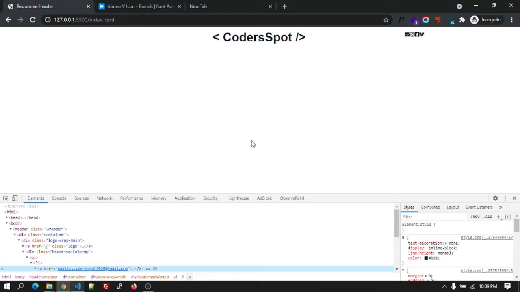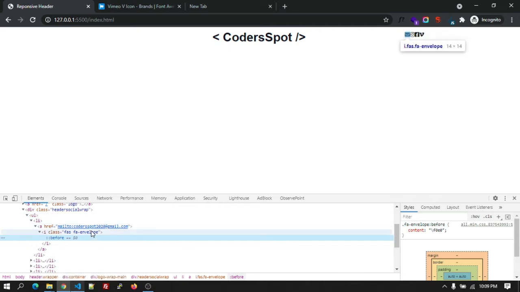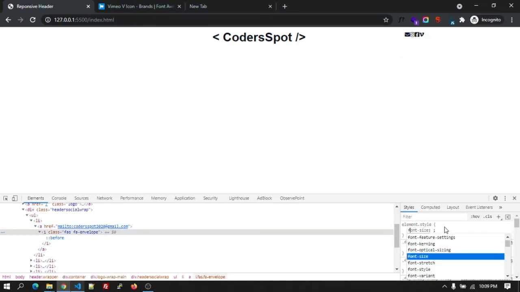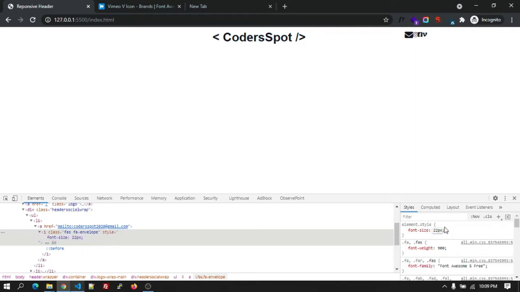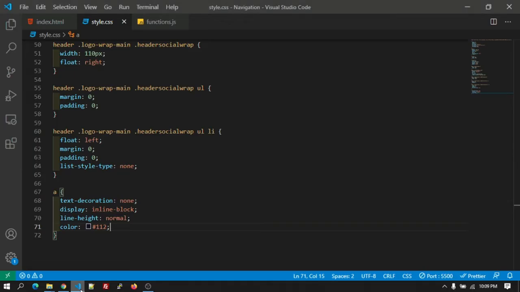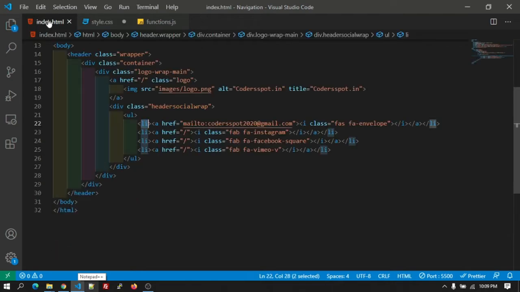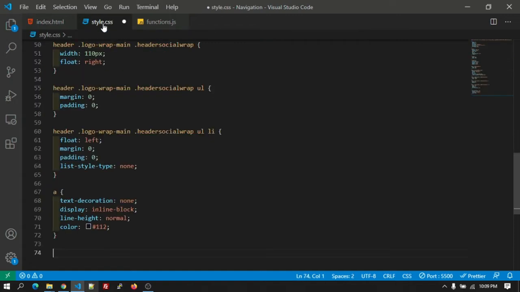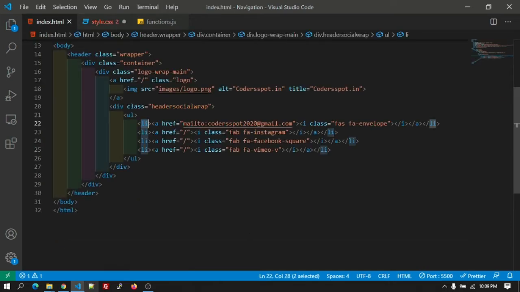And let's see, the icons are very small actually. Let's give the font size so that it will look much better. Say font size 22 pixel. Okay, this is good, much better. So let's give the font size to the icons that we have copied so far. It's there inside the li element, so make sure you copy this one. And after that, let's copy the class.